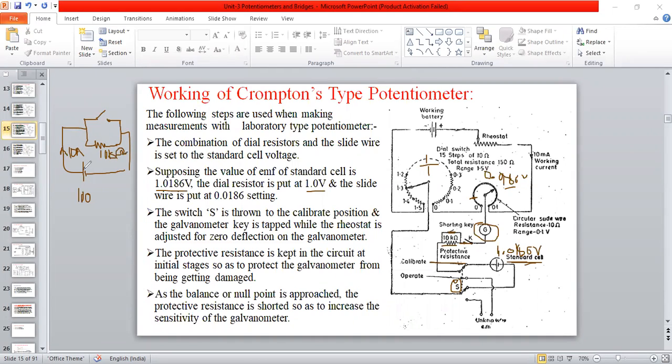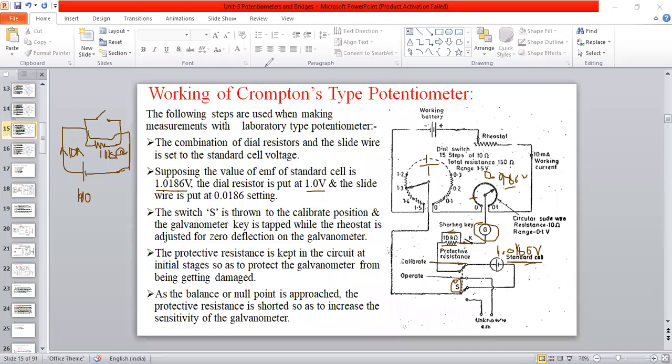When the switch is open, where will the current flow? When this switch is open, will the current flow here? Hello, I'm asking you only. Will current flow here? No, sir, because it acts as an insulator here. All the current flowing through this one is 0. So all the current will flow here, through the resistance, and it will go back to the negative.